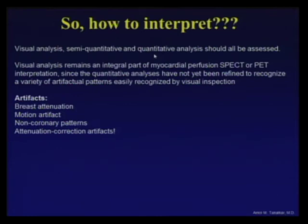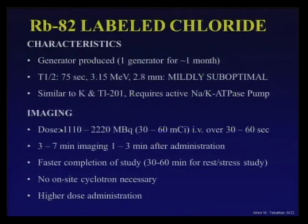Look at the raw data to see any misregistration in PET density. In SPECT, you look for motion artifacts. You look for any breast attenuation, motion artifact, and non-coronary patterns, and then come up with your conclusion about what the study is showing. Rubidium, we don't do rubidium, so I don't have many images on rubidium, but